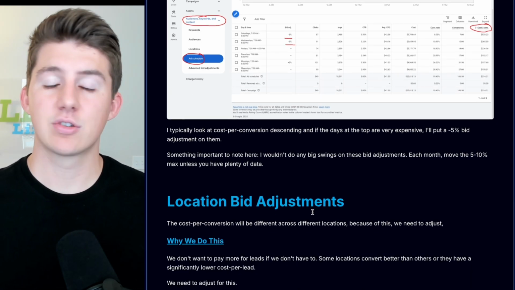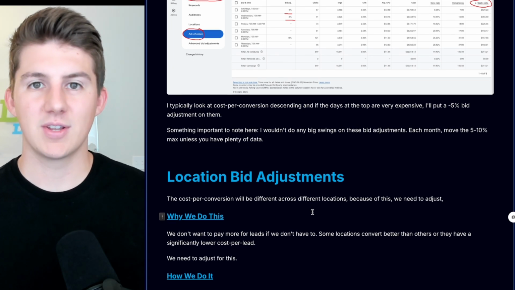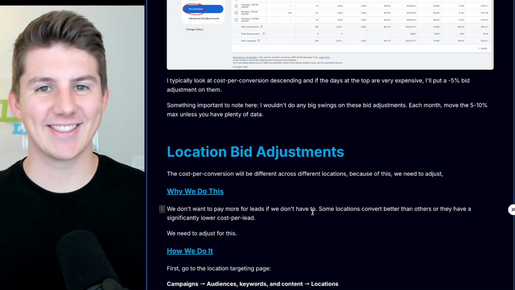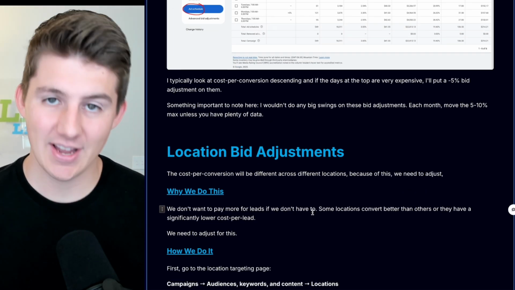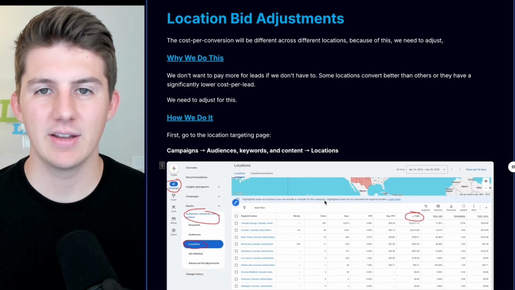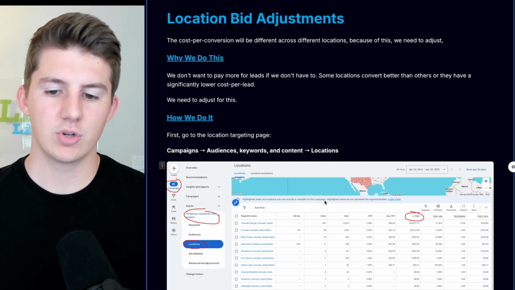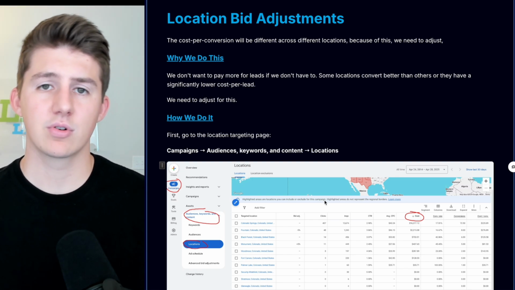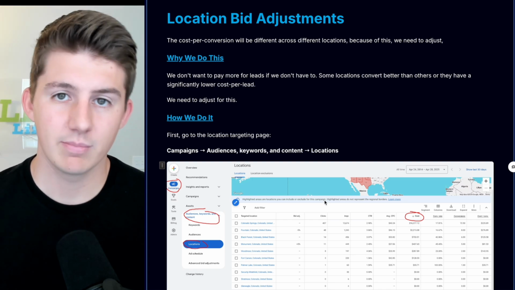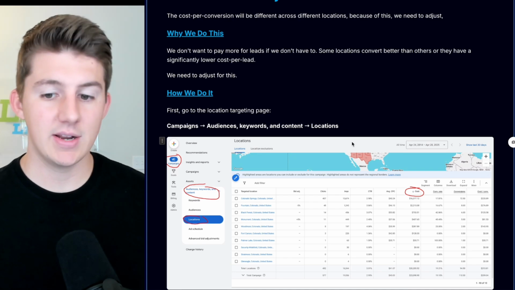And then finally, the last one here is the location bid adjustments, which, if you're noticing the pattern here, is going to be the same exact thing as devices and day of the week, but based off the locations you're servicing. Now, this can get a little more complicated because you kind of need to know your system a little better. You need to know which locations are actually turning into customers, which locations are financially better for you. There's some factors to that. But despite that, it's the same idea where I'm sorting,